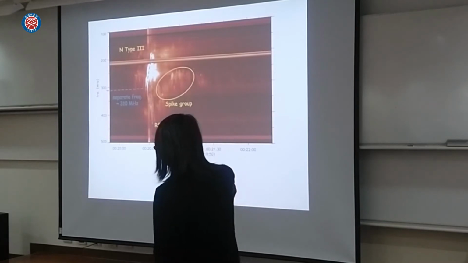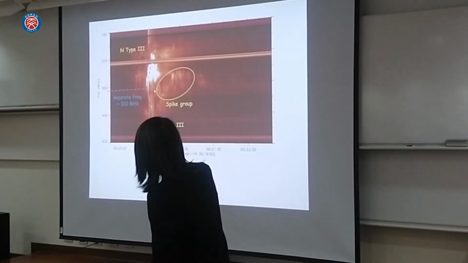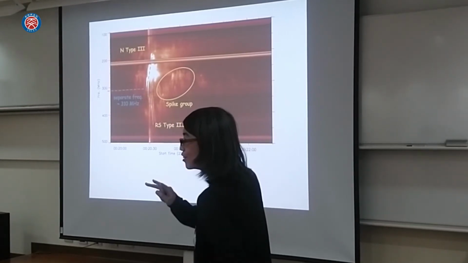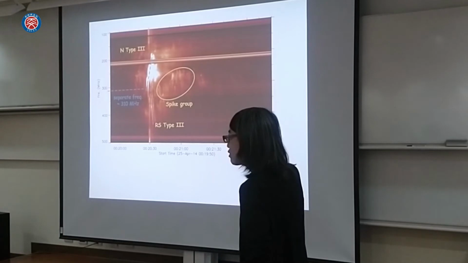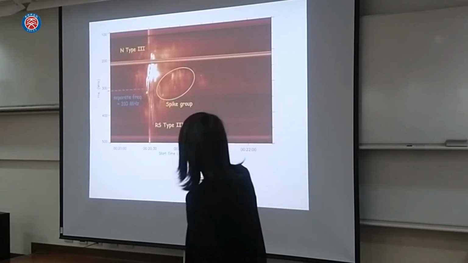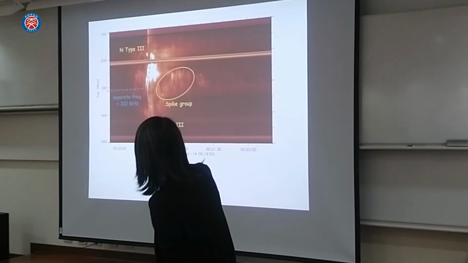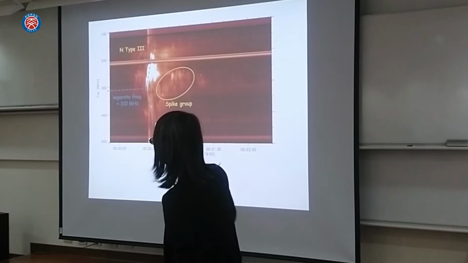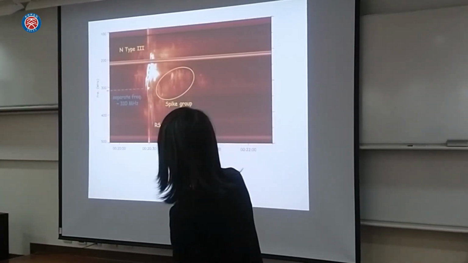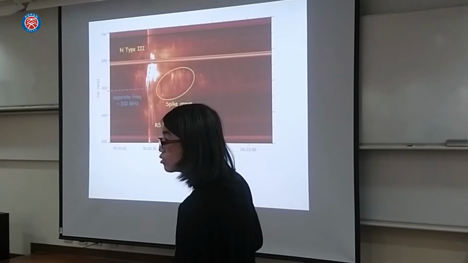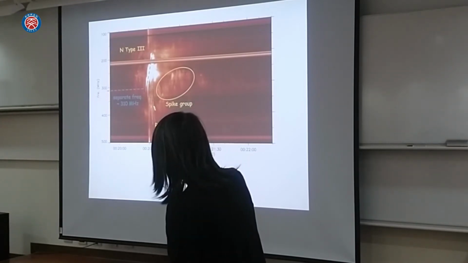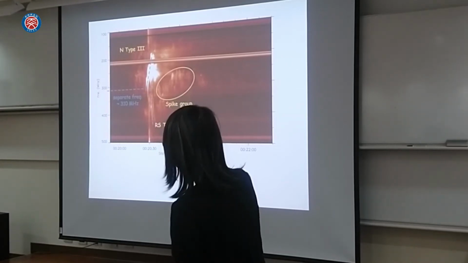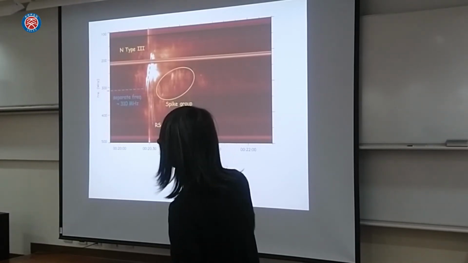But if you go into detail, maybe you can distinguish there are two kinds of drifting rays. One is like this one, and the other is like this one. So what is the difference? We call this one the normal type 3 radio burst, and this one the reverse type 3 radio burst. What's normal? What's reverse? The normal means